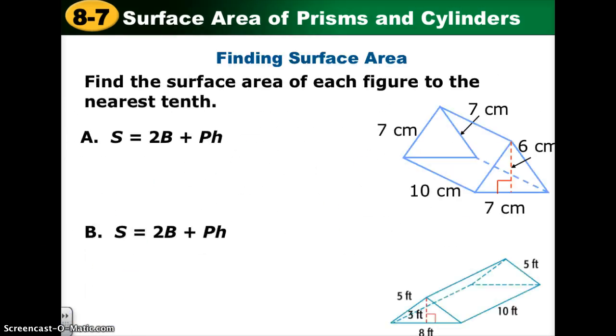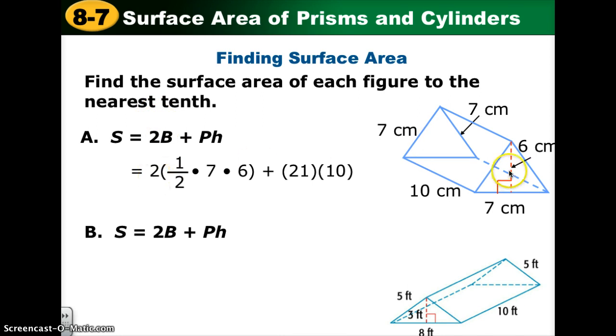All right, let's see what we would do if we have some visuals. Find the surface area of each figure to the nearest tenth. So we are looking at a triangular prism. So when we go to find the area of the base, 2 times the area of the base,